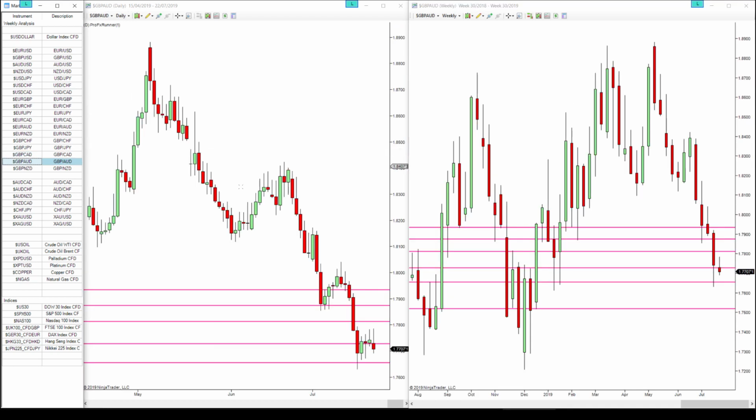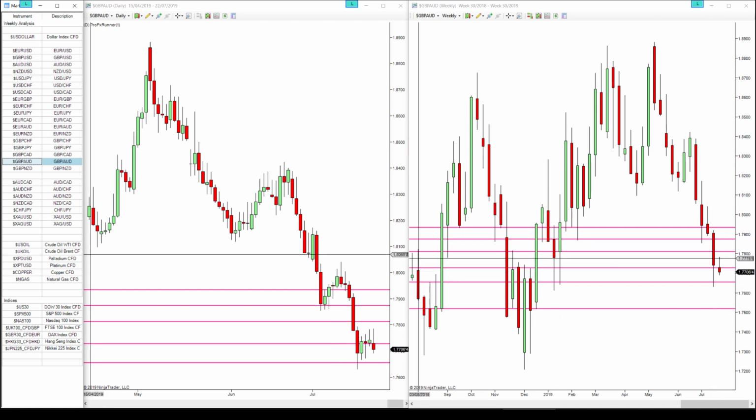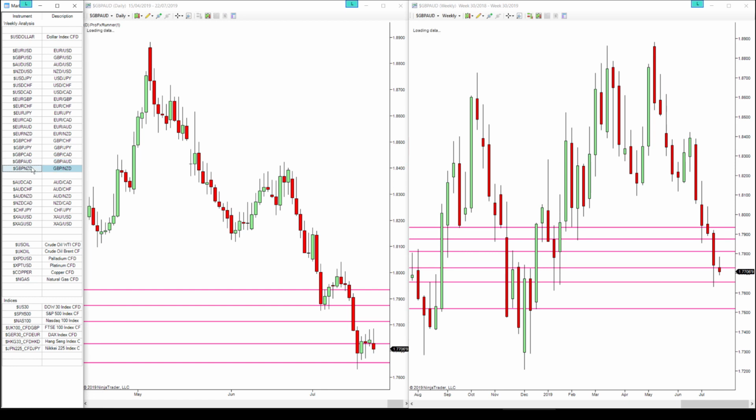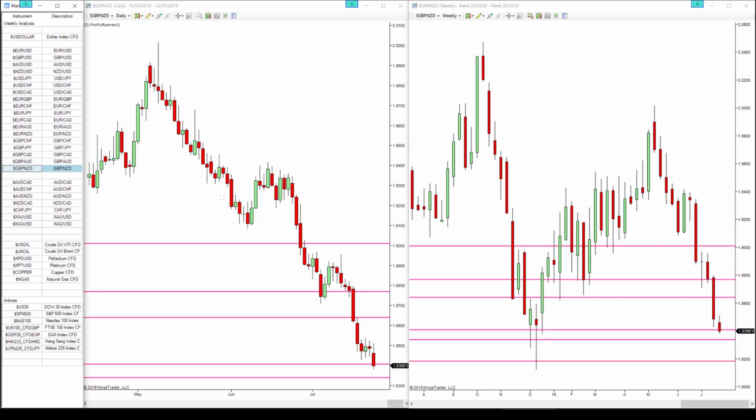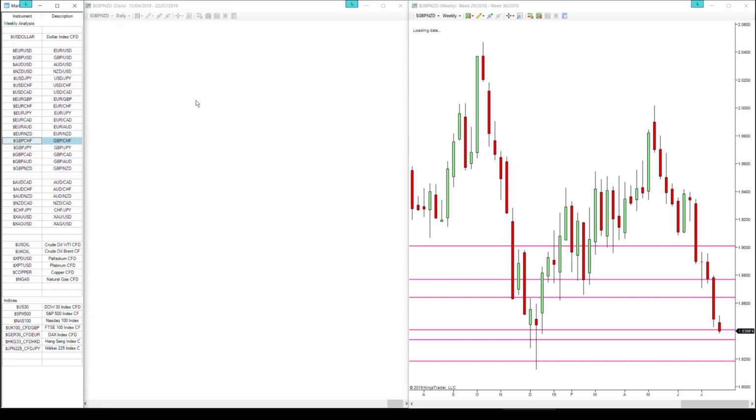Now Aussie and Kiwi are bucking the trend a little bit, but you can even see here price action is nice and bearish. We've got that strong, clear bearish momentum on pound Aussie. It also looks as though it wants to head lower on the weekly. So technically the charts are very bearish, and they are giving off signals that they intend to continue lower. This is pound Kiwi as well, also looking very bearish, and also looks as though it very much wants to continue lower.